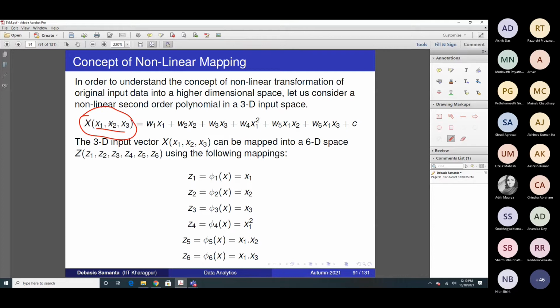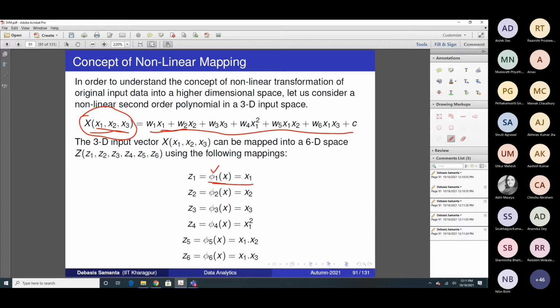So now this is one vector, and we can say this is the equation of a hypersurface in 3D space, and this equation is represented using this form. This equation definitely is a nonlinear equation. Having this, we can transform this data. What are the transformations? As you see, I have used one transformation, this function phi 1 of x. It is a very simple function, a linear function.